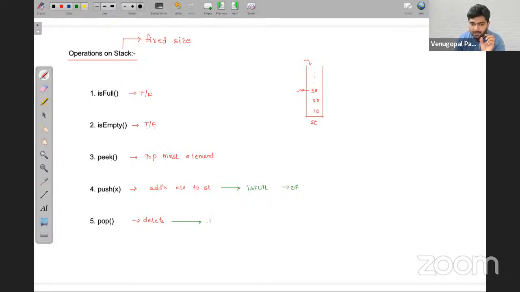In case the stack is empty, then you can't delete any element. When is empty is true, what does it mean? No elements in the stack. If there are no elements, then what will you delete in the stack? Nothing, right? Therefore, when you do the push operation, you should always check for the overflow condition. When you are deleting any element, you should always check for the underflow condition. Underflow means if there are no elements in the stack and you still want to delete some element, then it raises an underflow error. The other one is the overflow error. This is the basic terminology.